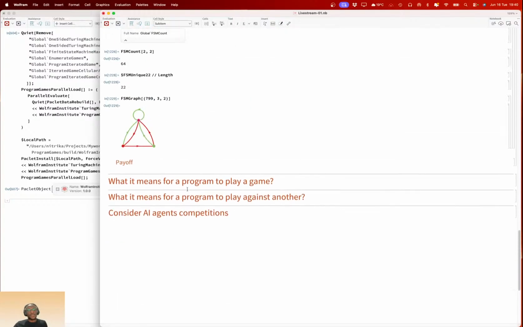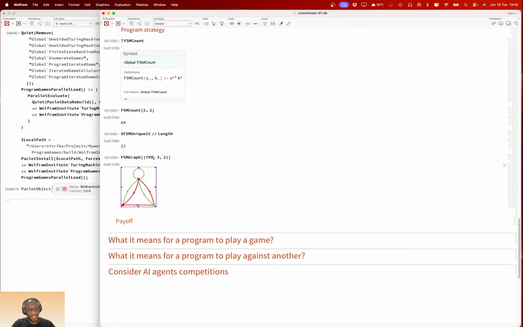You can't care about opponents and your moves here, because it's just telling you what to do when an opponent makes a move. For example, starting at this state, the opponent makes a move, let's say cooperate, and then what